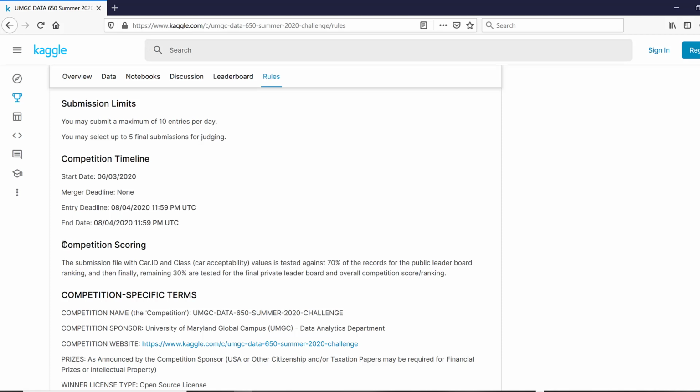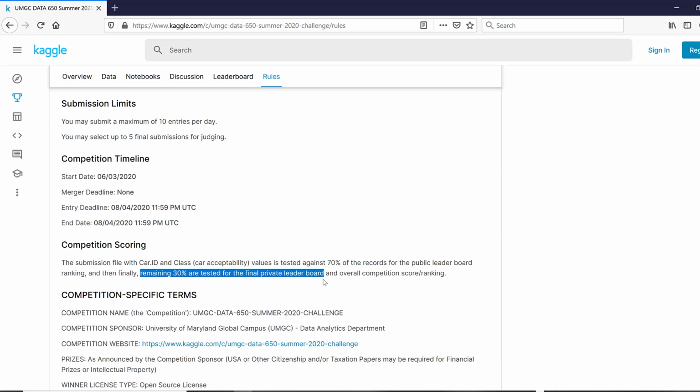As far as the competition scoring goes, the submission file with 2 columns in there, the car ID and the class, is tested against 70%. So only 70% of your submission file is actually scored by the system, and it's mentioned as part of the public leaderboard. And then the remaining 30% is tested on the last day.